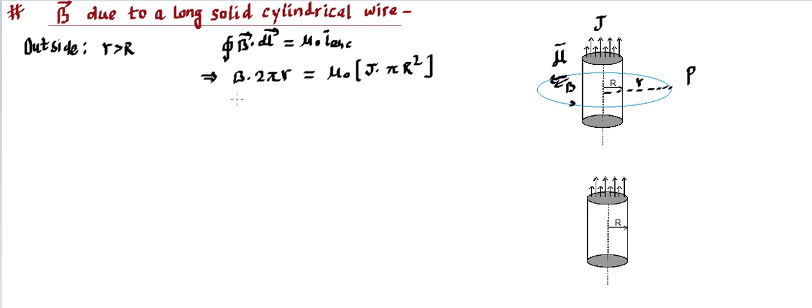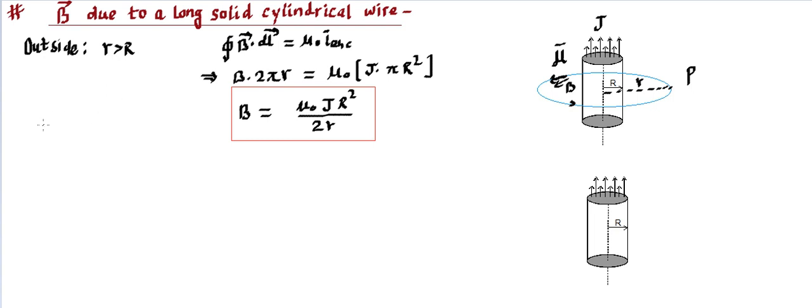So from here we are able to find the magnetic field formula. B is equal to, that's 2 pi, pi getting cancelled out, so we can write mu naught J, mu naught into J into r square divided by, in the downside we are going to get twice r. So that's the magnetic field formula for this outside point due to an infinitely long solid cylindrical current carrying arrangement. Makes sense? So that's an important result again we need to keep in mind.